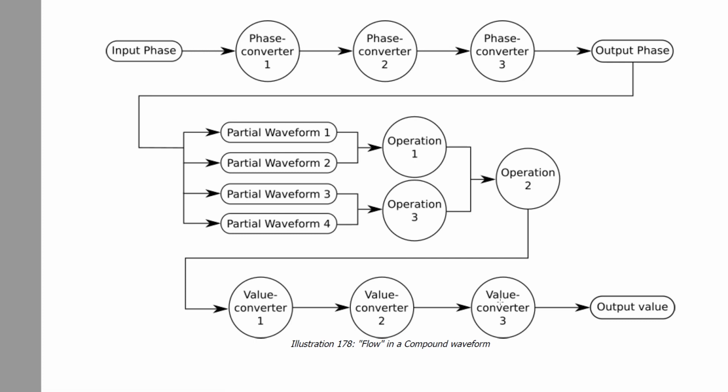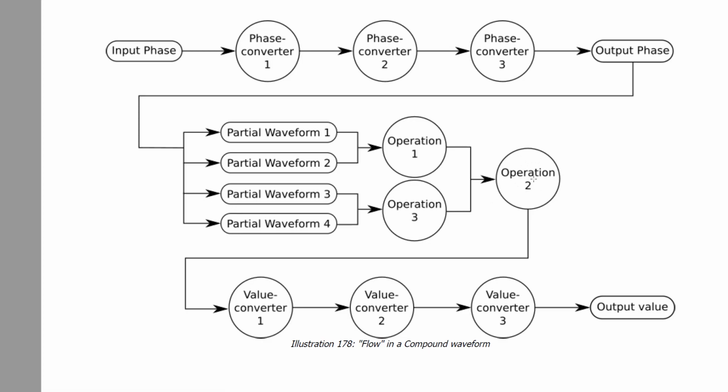What is special about the compound waveform is it has an alternate flow that you might need to use sometimes. To be honest, in most cases I use this default flow. In the default flow, the output from partials 1 and 2 is processed by operation 1, and the output from partial 3 and 4 is processed by operation 3, and then the output from operation 1 and 3 is then